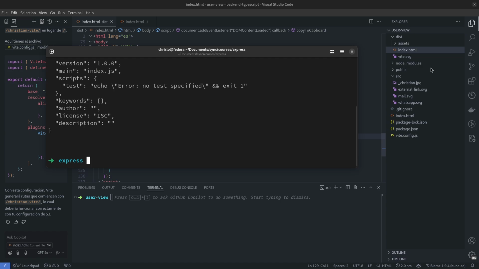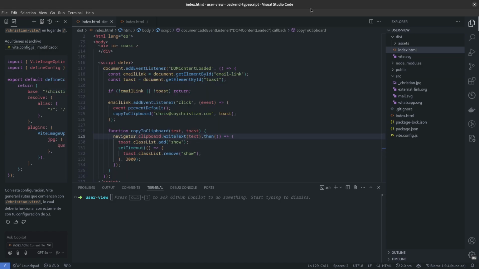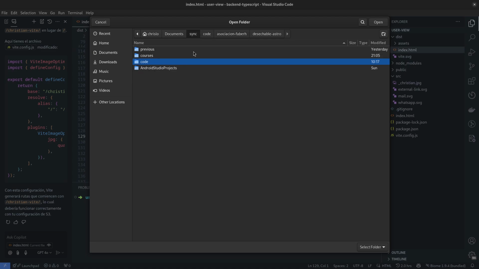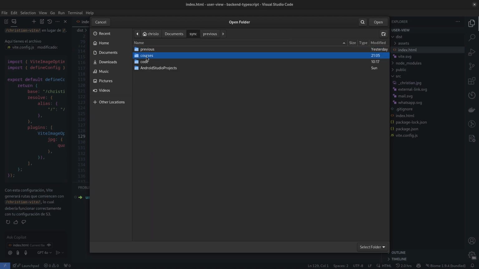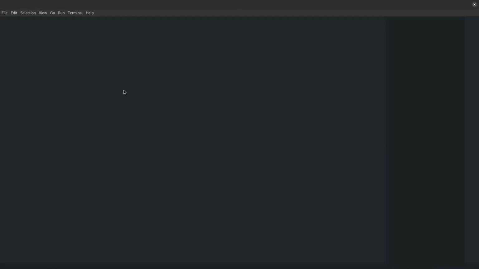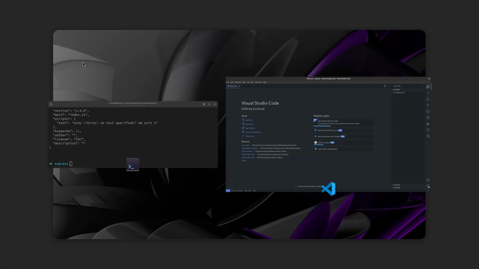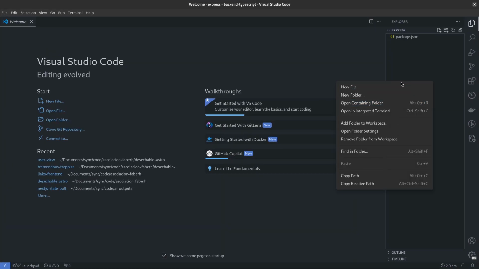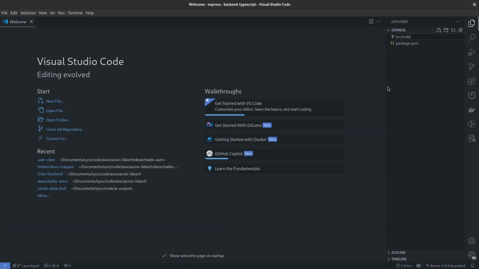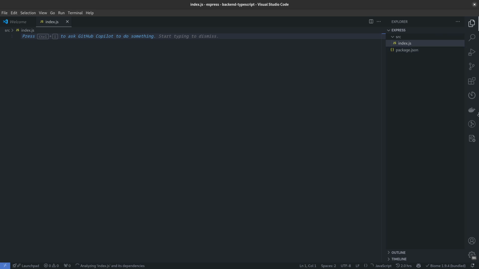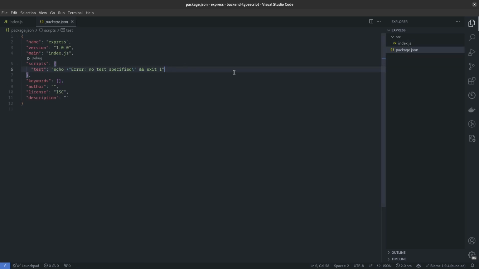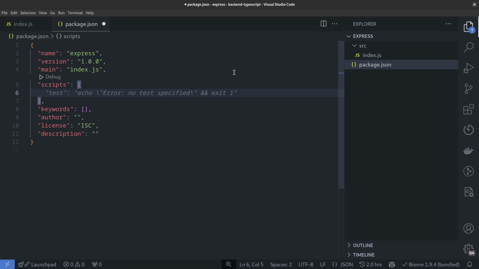So on the other hand, let's close this project and open the new one. In my case, I have course Express, and here we go. That's nice. We already have a package.json. From the beginning, I recommend creating a source folder to be more organized. And after that, we are going to remove this test. Let me just make zoom in. And after that, create the classic dev